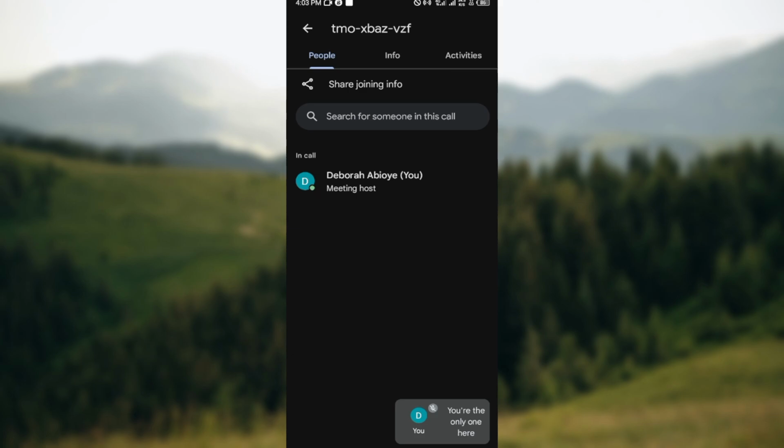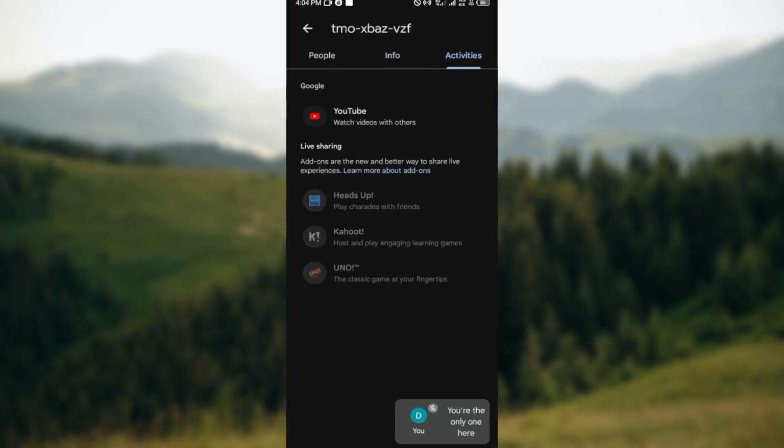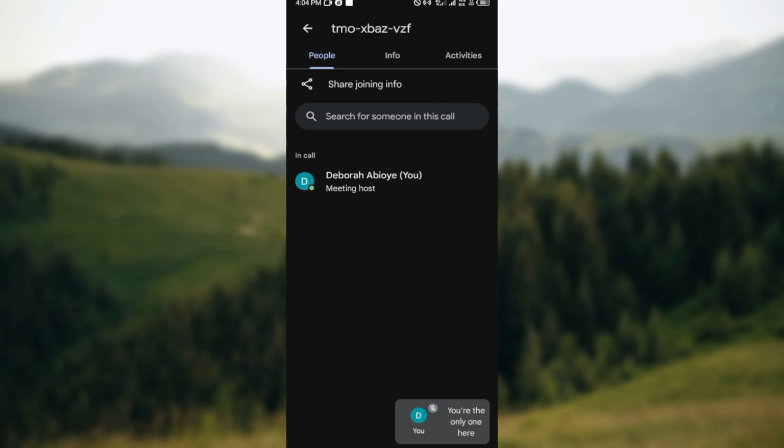Now, to make someone a co-host, like I said earlier, you have to ensure that you are currently using the paid version of Google Meet. And so if you fall under that category, by clicking on the meeting code by the top part of the screen, and when you are brought to this page where you can see three tabs such as people, info, activity, ensure you're on the people's tab. And once you're here, you would see all of the participants in this meeting. Once you can see them, move to the right side of the screen and then click on the